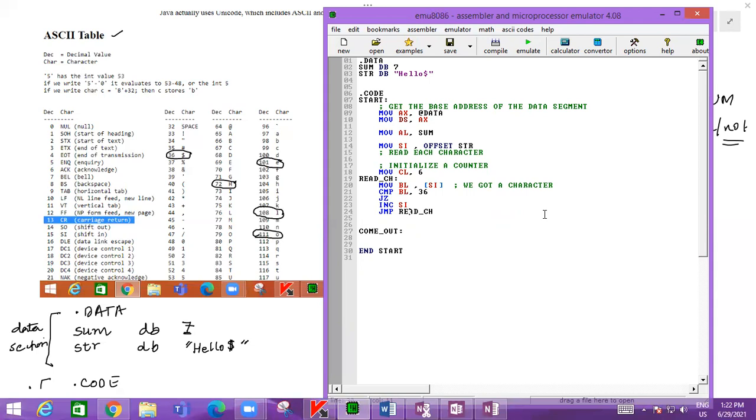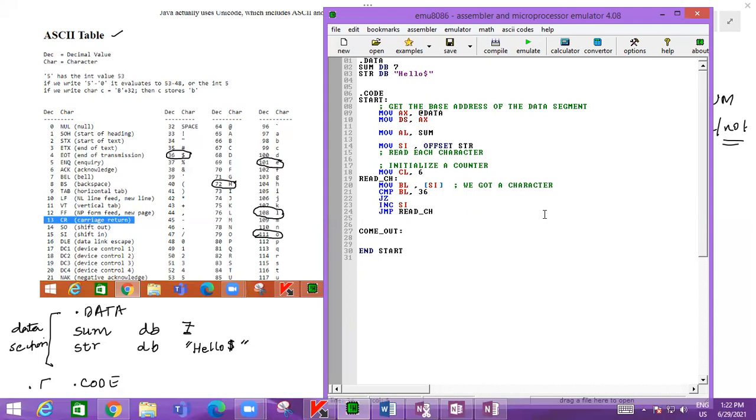Okay, and then decrement the CL register. So decrementing is not required. Either we can go up to the dollar sign or up until the counter becomes 0.